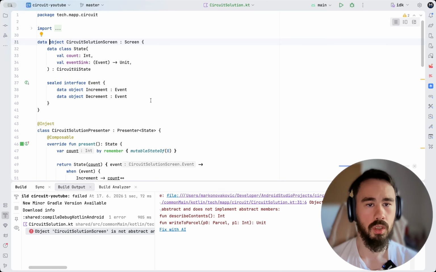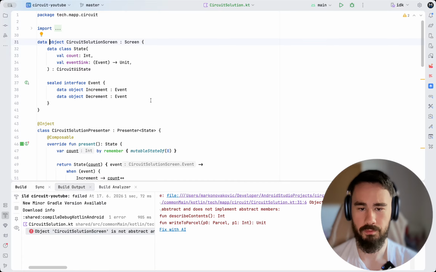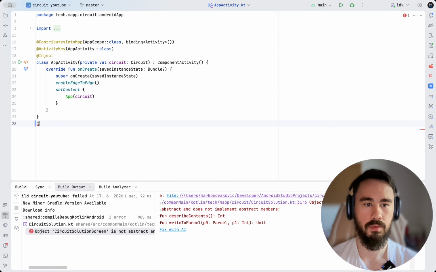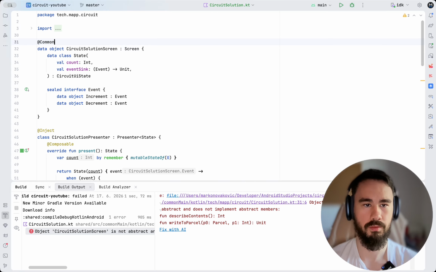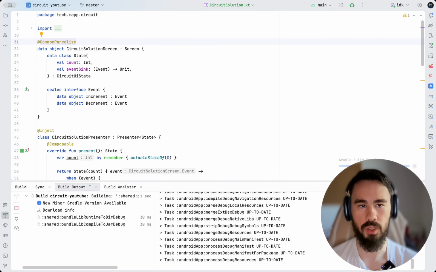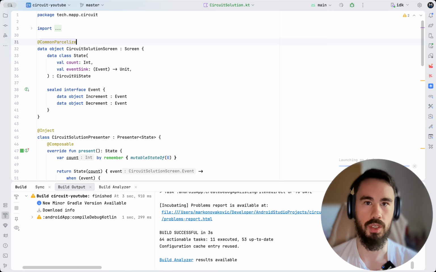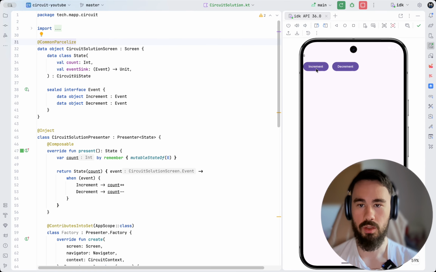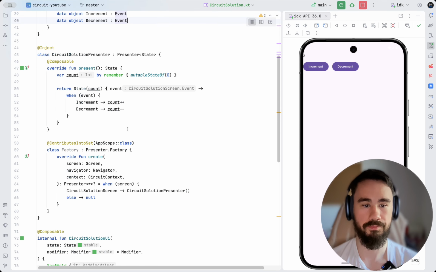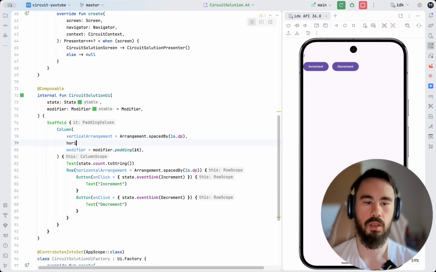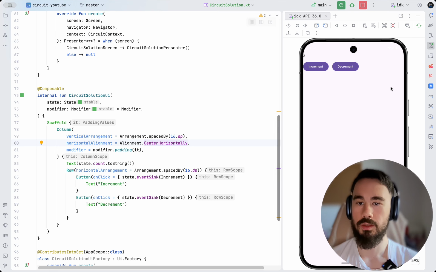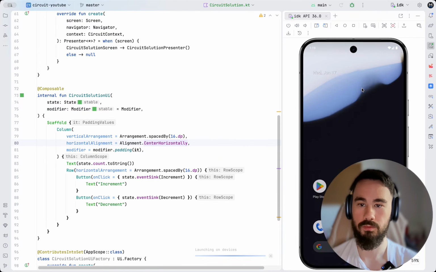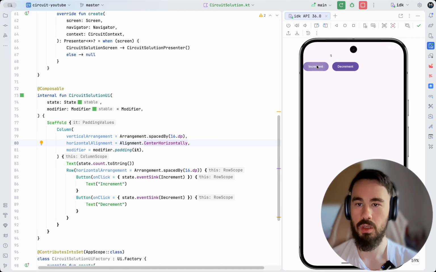Or we cannot. I will show you this in just a second. You need this hack for multi-platform apps, but you don't need it for Android. So we have increment, we have decrement, and that's it. We can make this a bit prettier. Horizontal alignment, center horizontally. Run. As you can see,